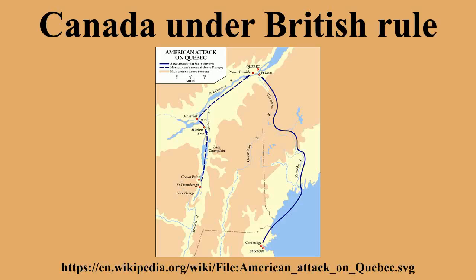During and after the Revolution, approximately 70,000 United Empire Loyalists fled the United States. Of these, roughly 50,000 Loyalists settled in the British North American colonies, which then consisted of Newfoundland, Nova Scotia, Quebec, and Prince Edward Island. The Loyalists who settled in western Nova Scotia wanted political freedom from Halifax, so Britain split off the colony of New Brunswick in 1784.